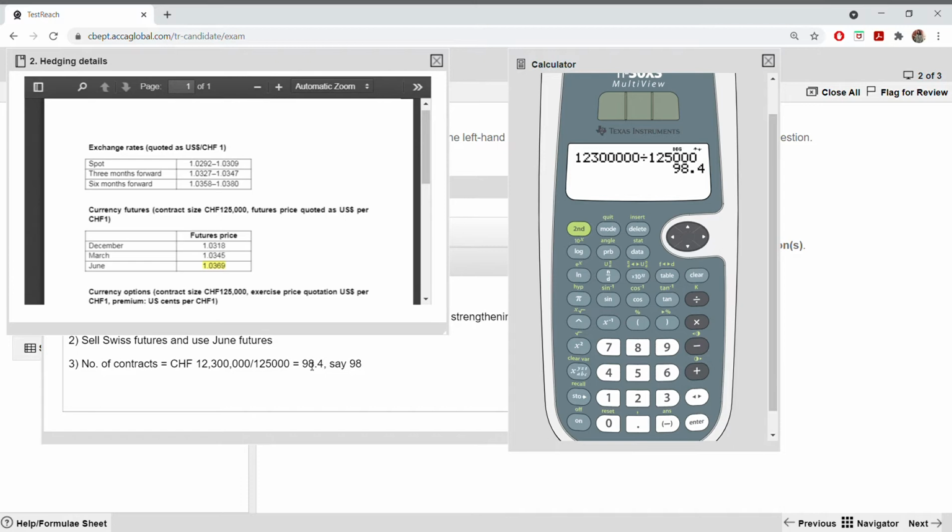Now next, this line is needed when there's an under hedging. If it's not hedged properly using future, then this fourth line is needed, otherwise you can skip. In this case it is needed because it is not the proper number. So whenever a decimal number is there, what does it tell you? That means there's either an under hedging or an over hedging. You have hedged more or you have hedged less. In this case, looking at this number, can you tell me what it is? You have to use number of contracts which is 98.4, but you are actually using 98, which is less than 98.4. So it means you are not fully hedging using future, under hedged.